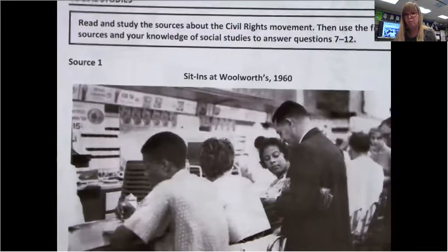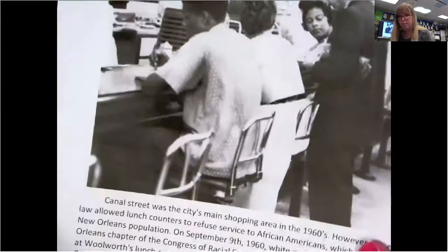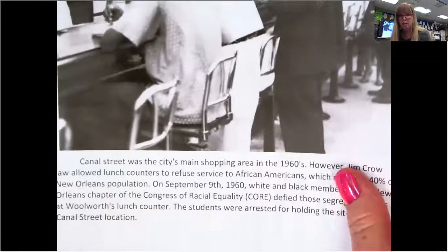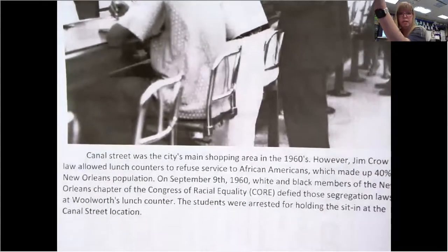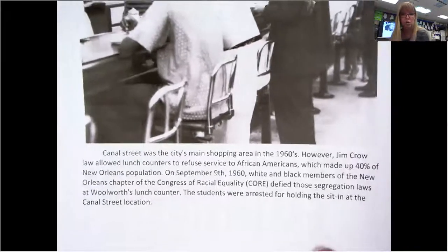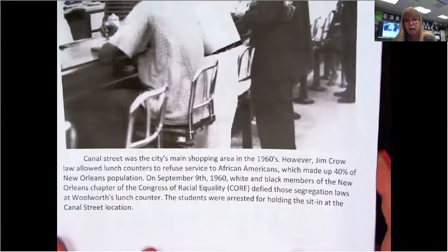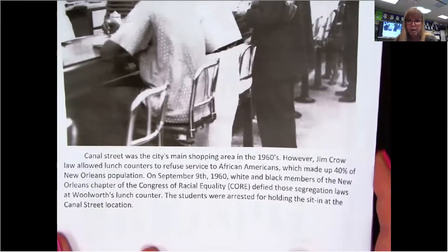Right, source one, sit-in at Woolworths 1960. That happens to be one in New Orleans. Canal Street was the city's main shopping area in the 1960s. However, Jim Crow law allowed lunch counters to refuse service to African Americans, which made it 40% of the New